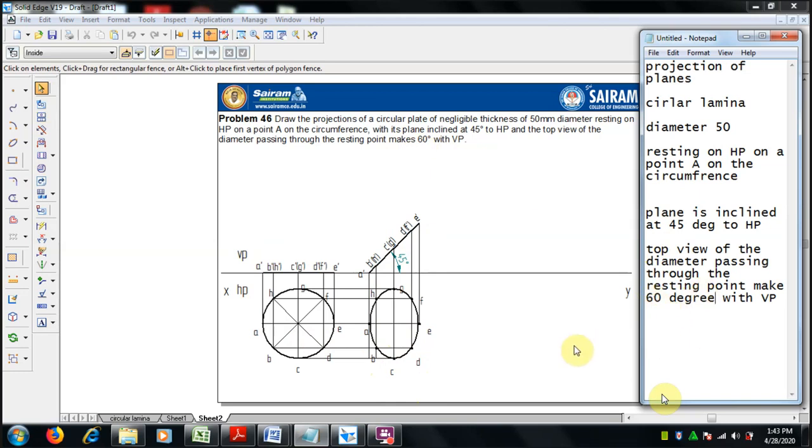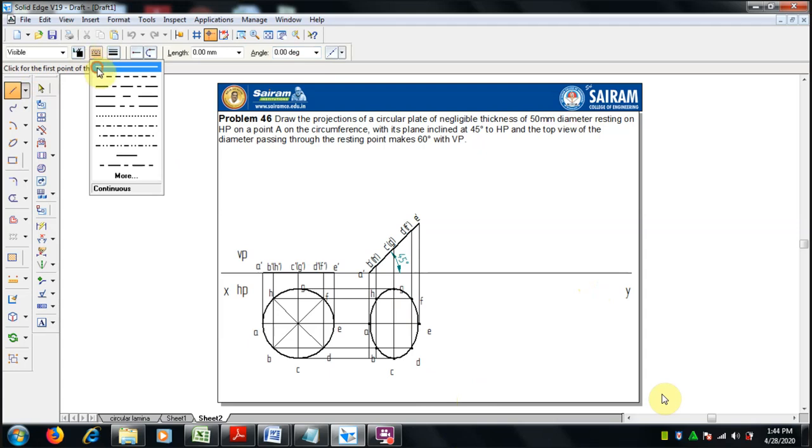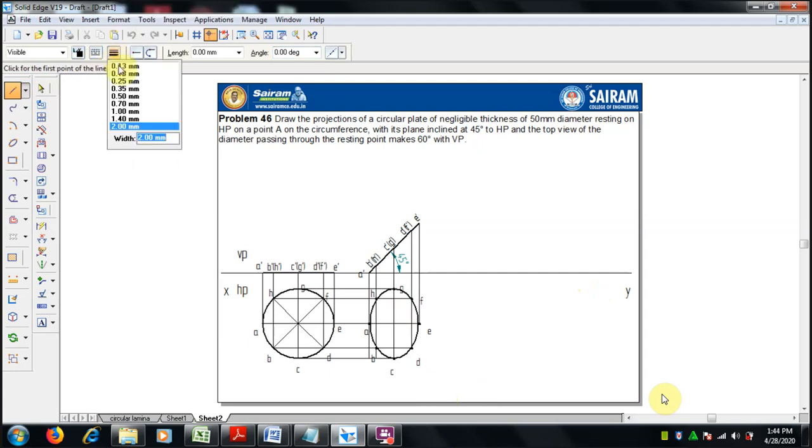degree. So now directly we can make 60 degree and we can keep the view, top view. Since it is directly given that the top view is inclined, we can make a 60 degree line with the reference XY line. So angle 60 degree you can type.